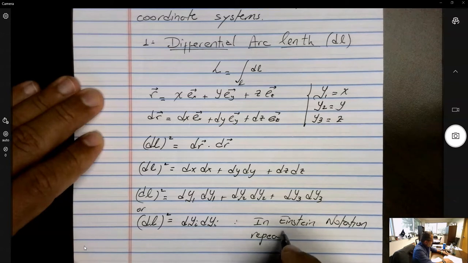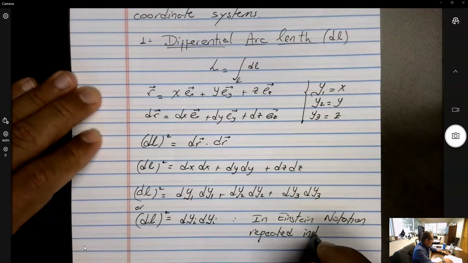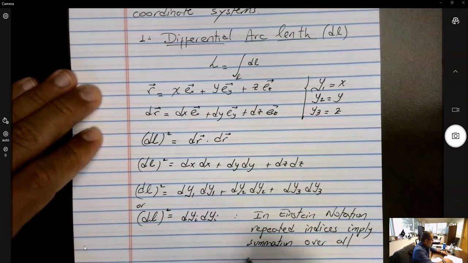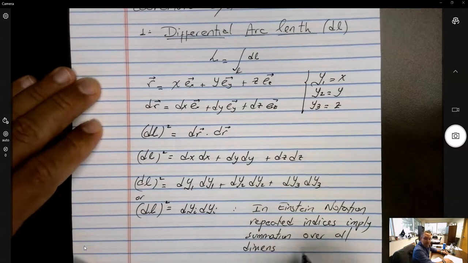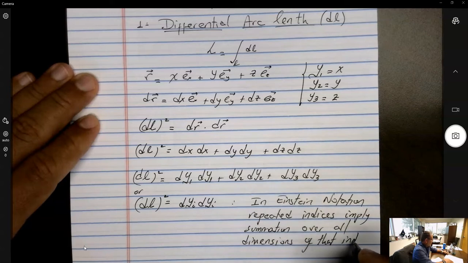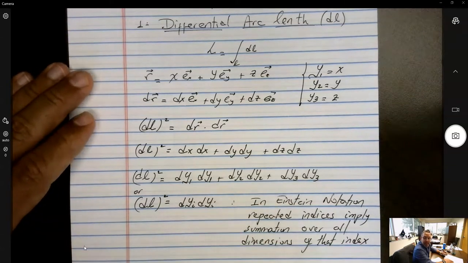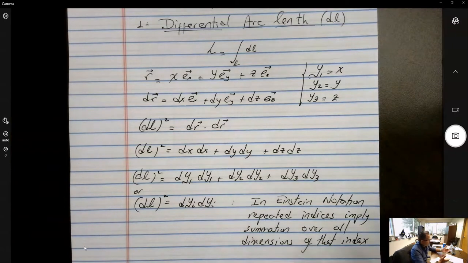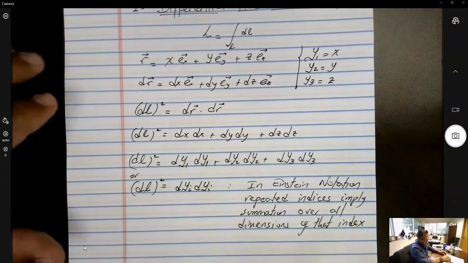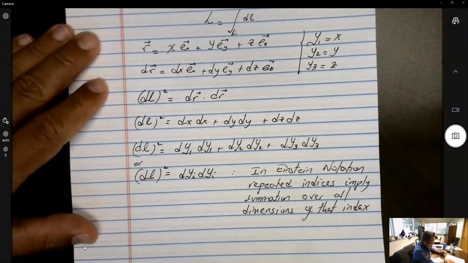repeated index or indices imply summation over all dimensions of that index. In this case, i can take on the values 1, 2, 3. In the case of Einstein's general relativity, i can take on the values 0, 1, 2, and 3, 0 being the time dimension. Anyways, so if we express this